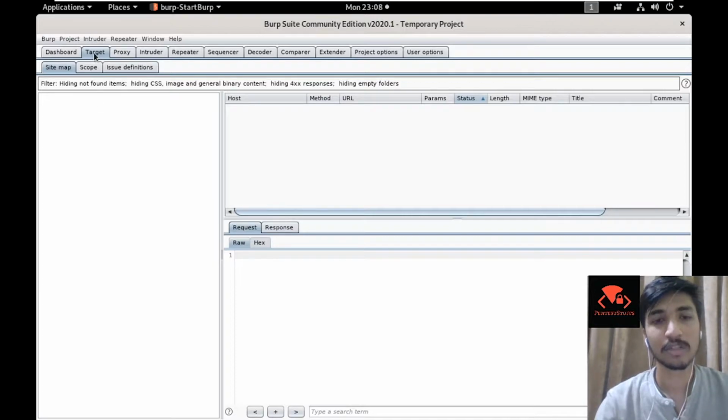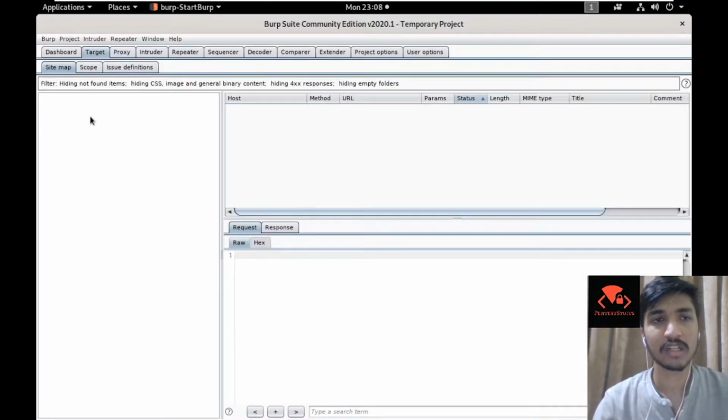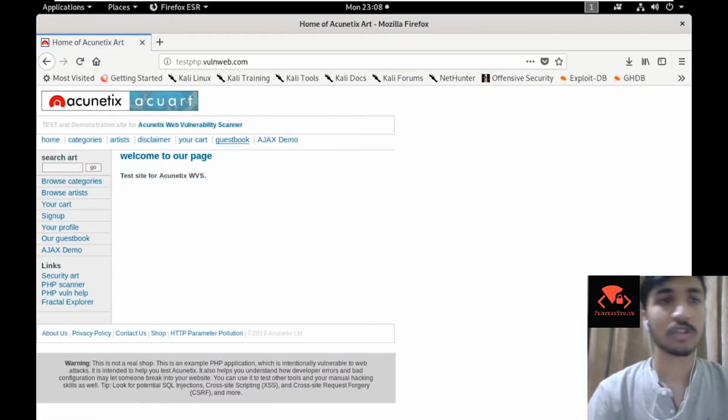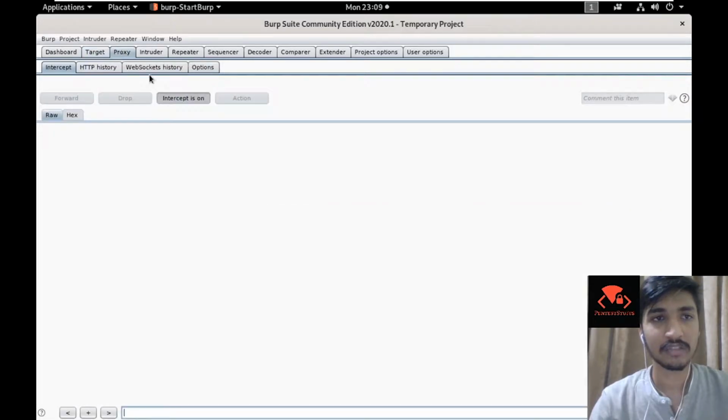However, if you ignore it and just directly go to the proxy, you would get a lot of noise here, like background packets or the packets sent by Firefox or your browser. So if you use target right, you would not be getting anything. Okay, it is wallenweb.com and I was entering wallenhub.com. So here we are on the target, and then we have the proxy.